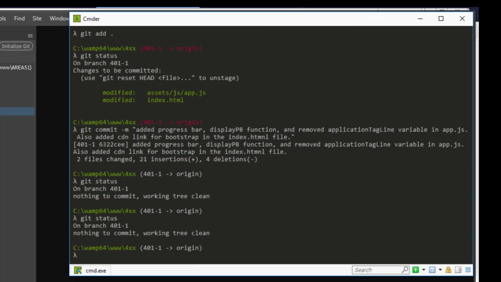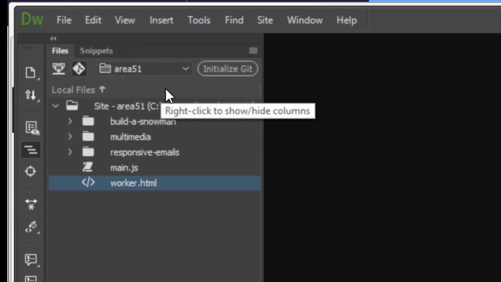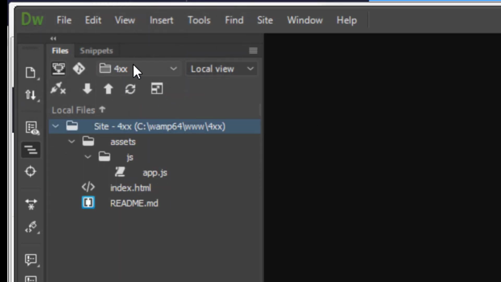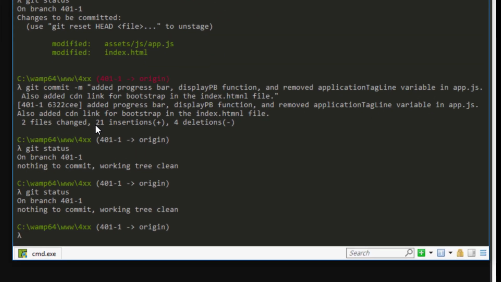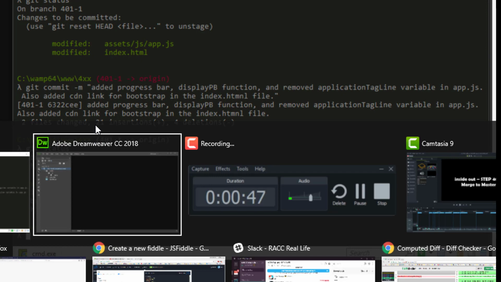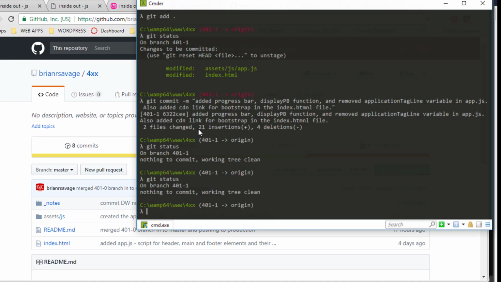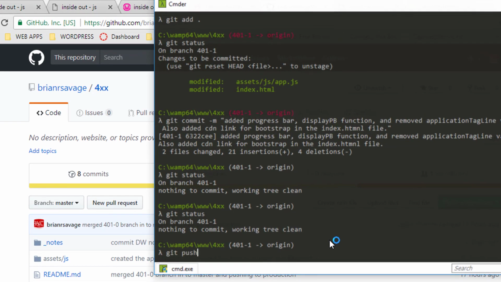We can see, if we look in Dreamweaver, that we are in our branch. Actually, here we go. And we can see that we're in our 401-1, so we verified that. So let's go ahead and do a push to GitHub. We'll put GitHub up in the background so we can actually see when it hits there, we'll see it actually update over there. We'll do a git push